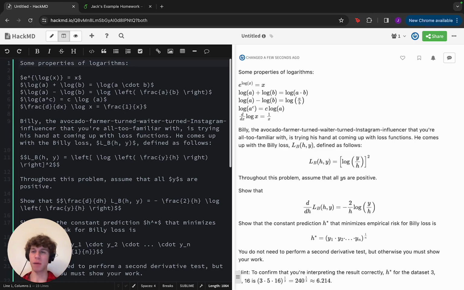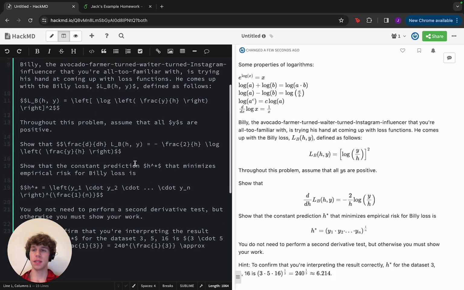At the beginning of this problem, we're given some properties of logarithms. I believe these are introduced in Math 20A or Calc 1, and 20C is a prerequisite for this class, so I'm not going to spend any time going over these properties. I'm going to take them for granted and be on the lookout for opportunities to use them in the problem ahead of us,